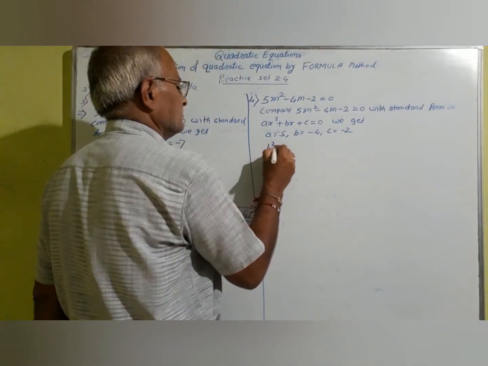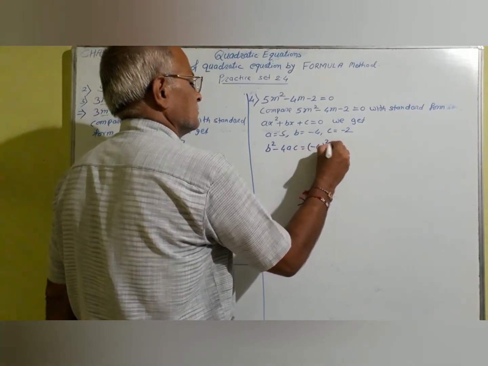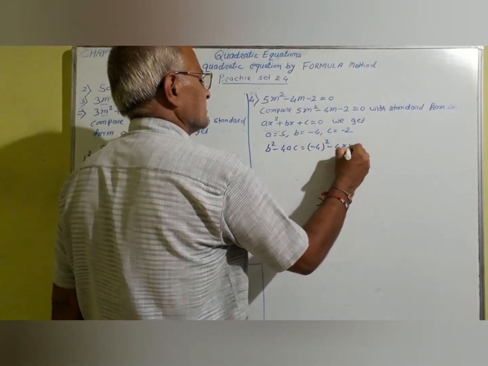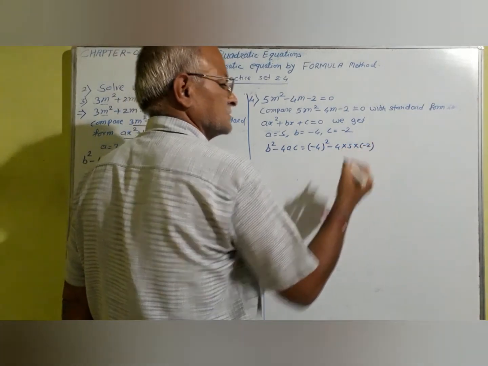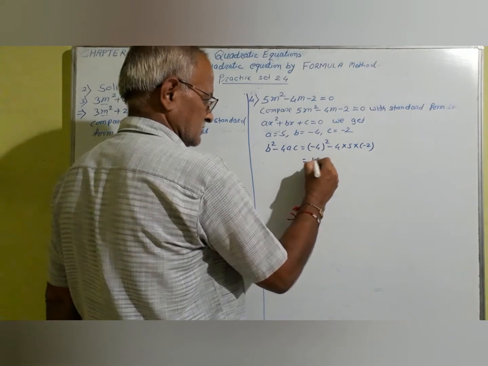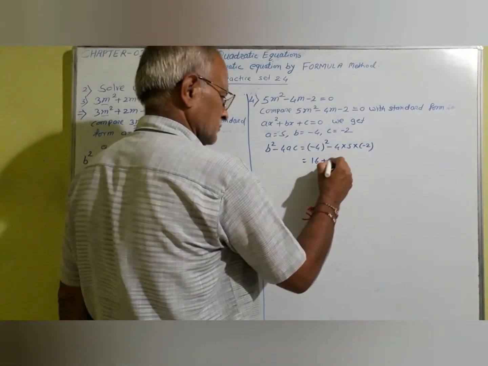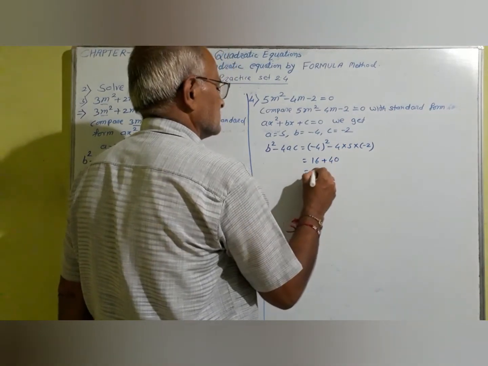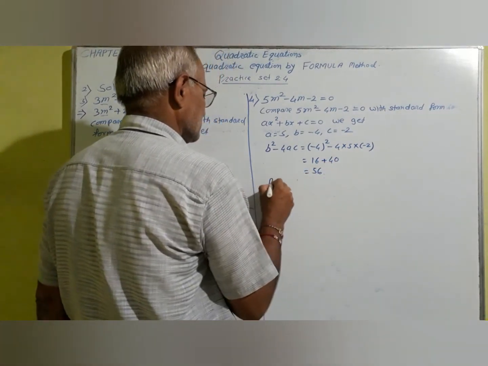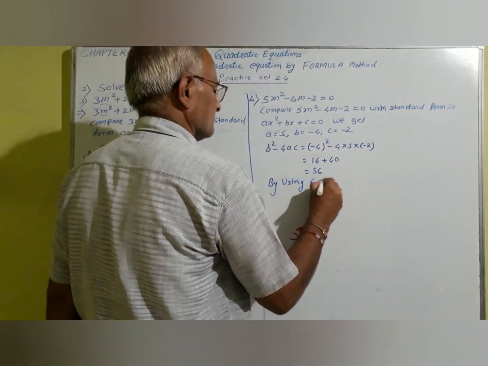Find the value of b square minus 4ac is equal to minus 4 square minus 4 multiplied by a multiplied by c. That is minus 4 square means 16, minus minus plus 4 5s are 20, 20 2s are 40. That is equal to 56. By using the formula